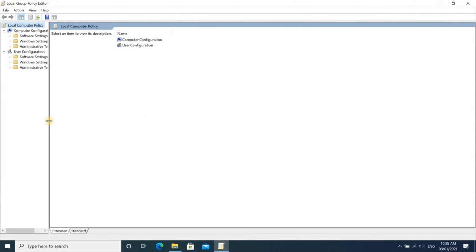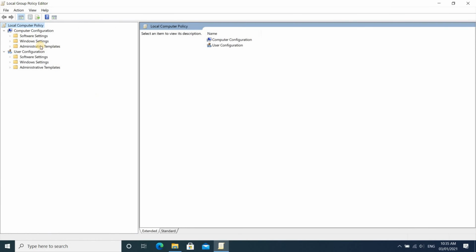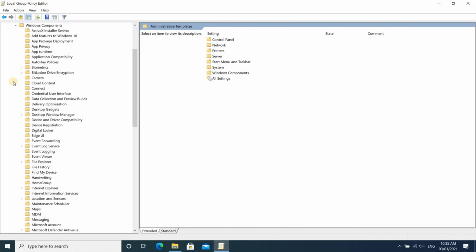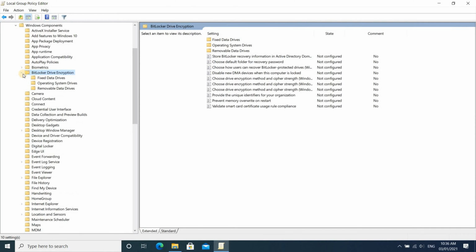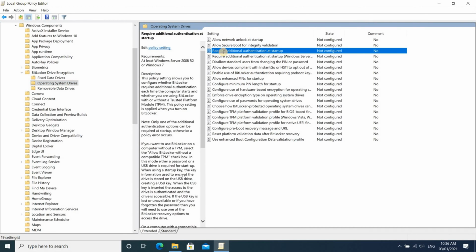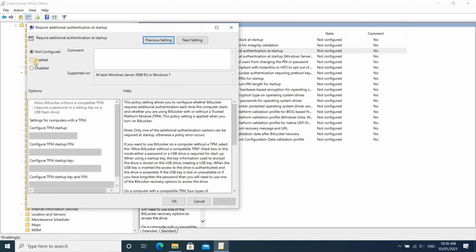Under Computer Configuration on the left, click on Administrative Templates and then go to Windows Components, also expanded. Click BitLocker Drive Encryption and then expand it. Click on Operating System Drives and on the right, double-click Require Additional Authentication at Startup, select Enabled and then click on OK on the bottom.